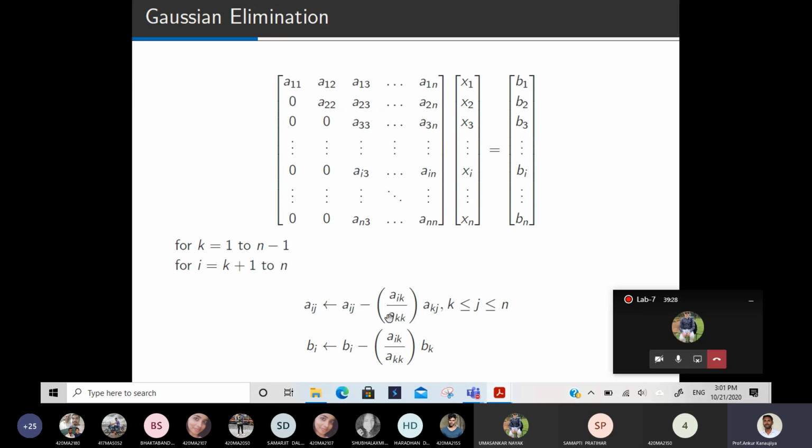It is a kind of augmented matrix. This also, and the right hand side also we are applying. Here this is just for showing purpose, but actually we are doing it in the augmented matrix only. Whatever we are doing in the matrix, we are changing the right hand side also. So actually it is happening in the augmented matrix.